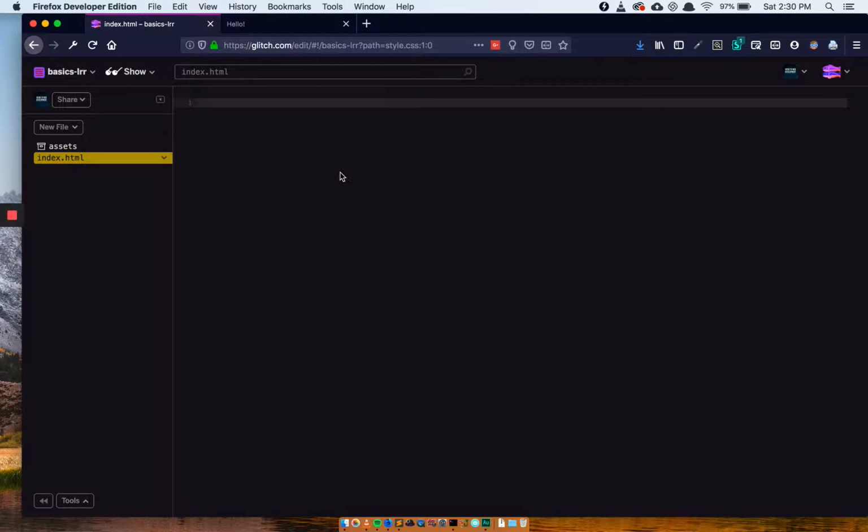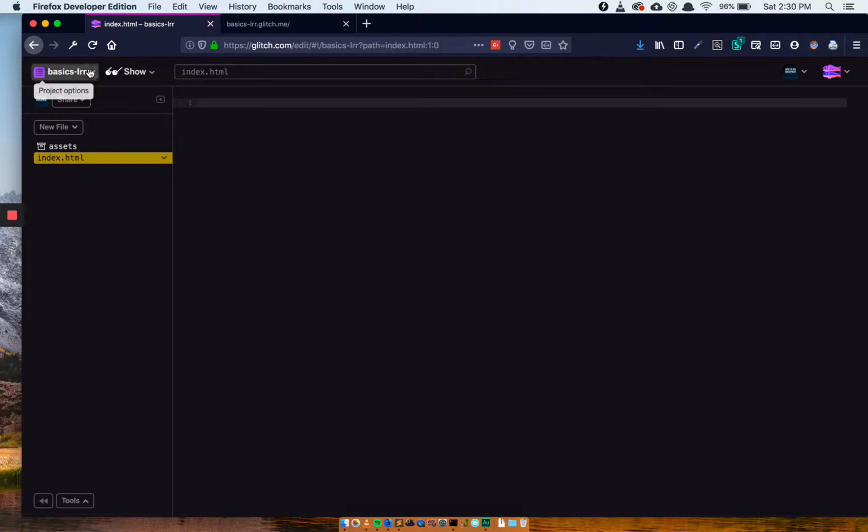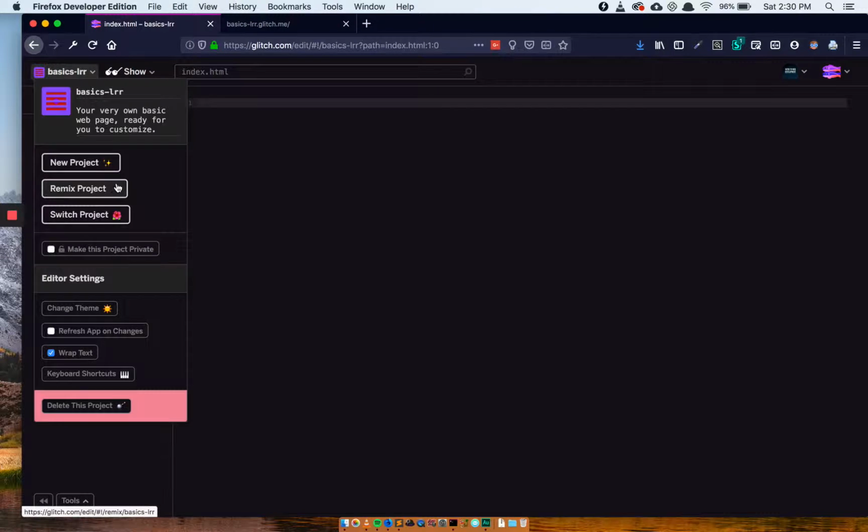So we have our project. We have this search bar so we can search within our project. We can get back to our profile over here. We can show our project, which right now is going to be a big old pile of nothing. We can start a new project, remix an existing project, switch projects, rename our file, change some settings, and add files. There's a rewind button here in case you messed up and you want to go to a previous version